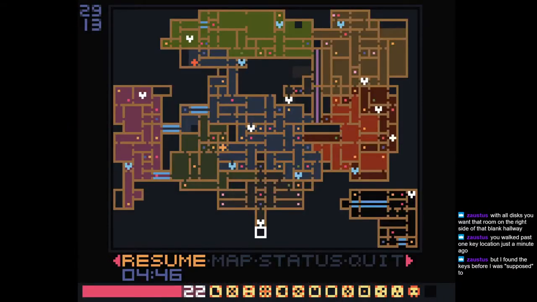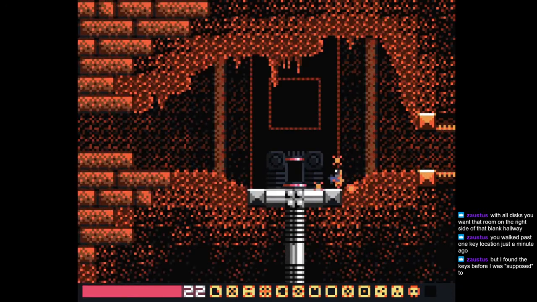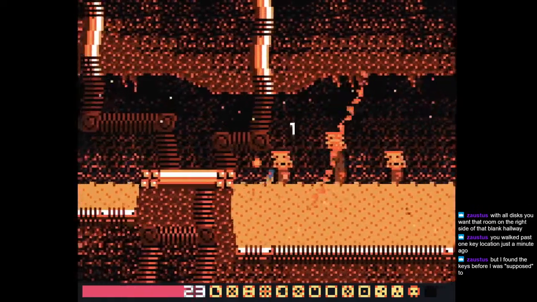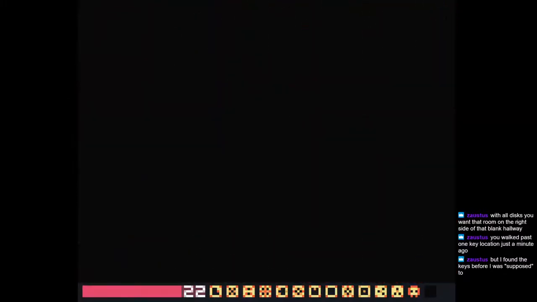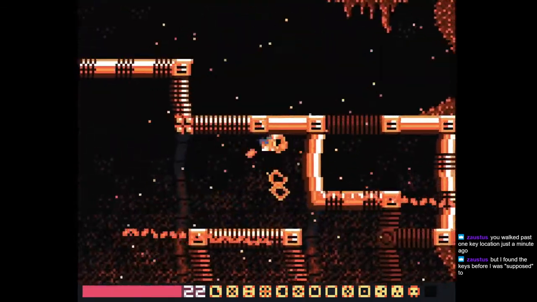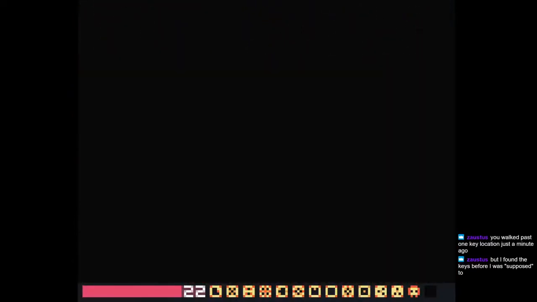Zaustus says that you just walked past a key location a minute ago. I did? Oh, yeah. Oh, you're talking about those keys. Yes. We're going to do the keys next time. Right now we're focused on just getting all of the upgrades we missed. Once we get the dash module, we're kind of out of time for today, but my intention was that once we got the dash module, we'd kind of get some of the other...